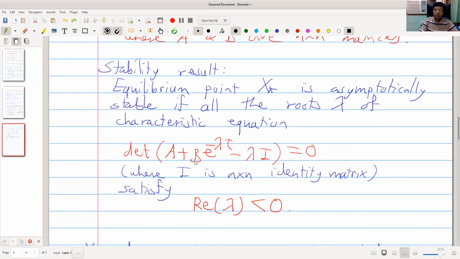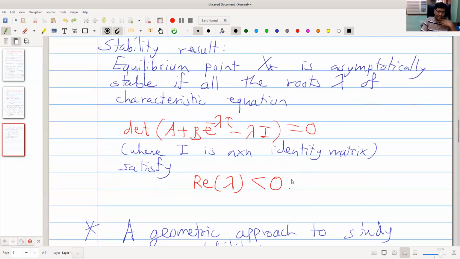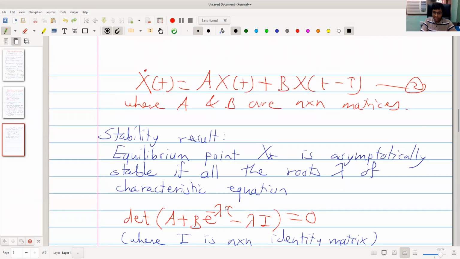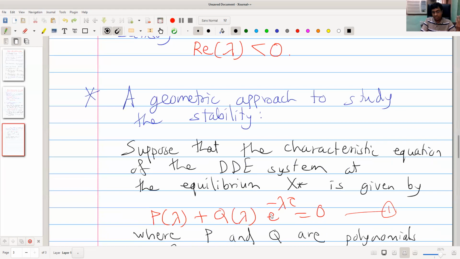is nothing but determinant of a plus b minus lambda I. Okay, a plus b is again an n by n matrix. If we call it a1, then determinant of a1 minus lambda I equal to 0. So this is nothing but the equation satisfied by the characteristic polynomial of this matrix a plus b. That means this equation gives the eigenvalues of matrix a plus b, and it is very simple to say whether the real part is negative or not. So with tau, this becomes transcendental. Otherwise, it is a polynomial, and these are eigenvalues.